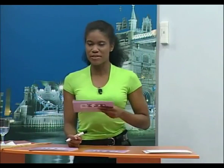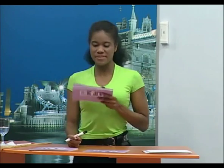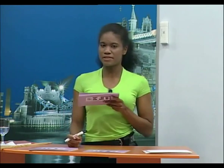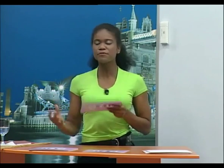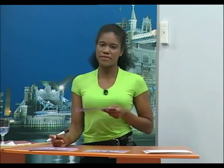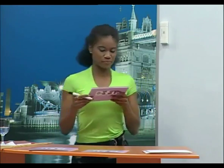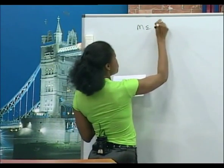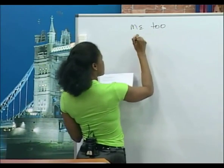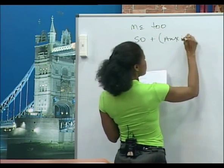Now we are going to look at ways we can agree or disagree with someone about their preferences. When you agree, you think the same or have the same opinion as someone else. When you disagree, you have a different idea or a different opinion or preference from what they are talking about. There are two ways of agreeing with someone. You can either say, me too, or so, plus your auxiliary verb,